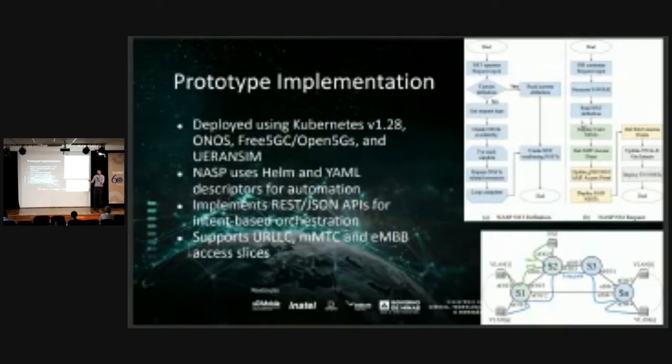Is it ideal? No. But in the first versions of NASP, we defined this because VLANs isolate the transport, one path in this case. But in the future, we will not use only VLANs, but the reprogrammability of the hardware, for example Tofino, SmartNICs, to guarantee quality of service in the transport network too, and use ONOS to configure this part.